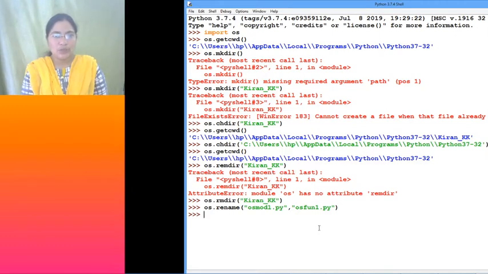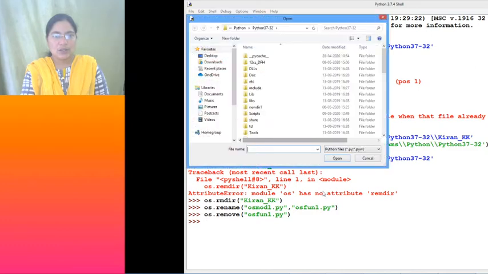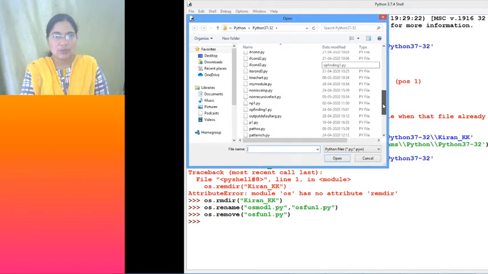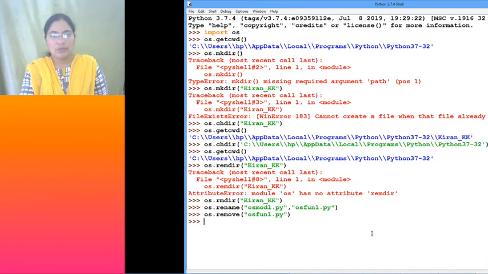And one more thing, how do we remove? Right? So os.remove that file. Okay, what is that file? OS fun1.py. Now if you open your current working directory and check, is OS fun1.py available? Now it is removed, na, completely. Okay, so OS fun1.py is removed. Got it, children? So this is how we will be doing all the OS related functions in our Python coding.